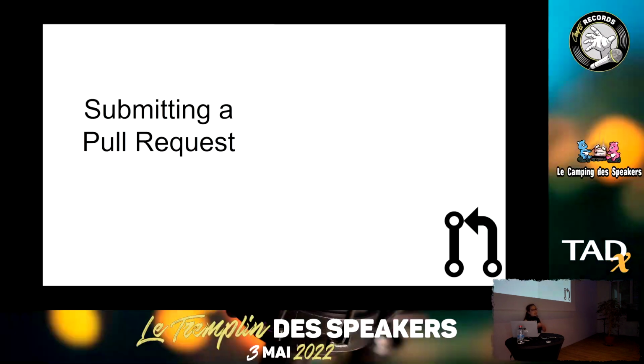So as I mentioned earlier, the pull request has two folds. The first one is submitting a pull request. Me as a developer or an author, when I submit a pull request, asking people to give me their feedback and opinion about this code, I should keep a few things in mind. First of all, when I submit a pull request, I should provide a summary, a description, telling people why I'm submitting this code, what the goal is, what I'm trying to do. That will help them to better understand and tell me their opinion.